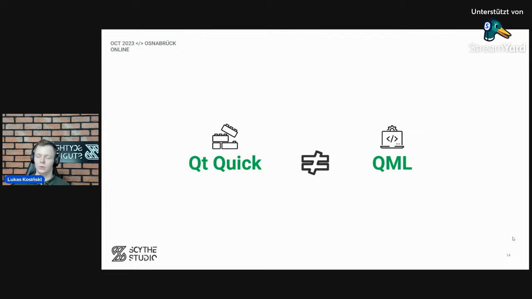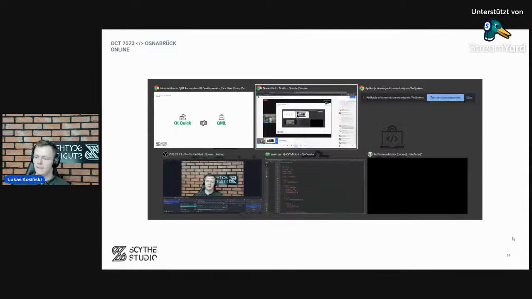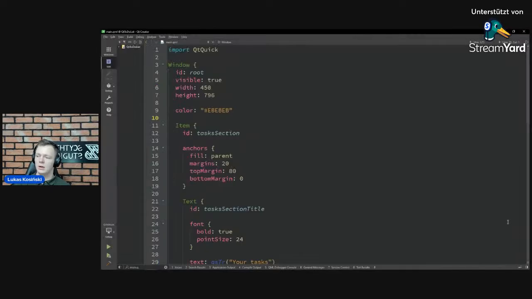You should not do that. I'm just telling you that for you to understand, and to shortly show you how QML code looks. It looks like this. I picked a random application from our company GitHub profile, and that's how QML syntax works.